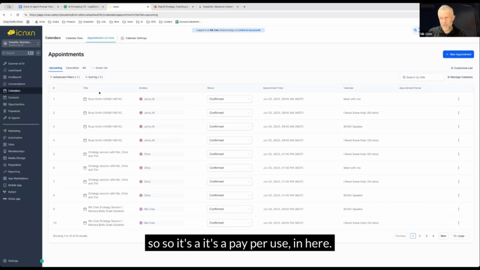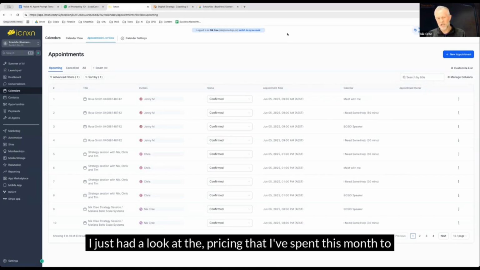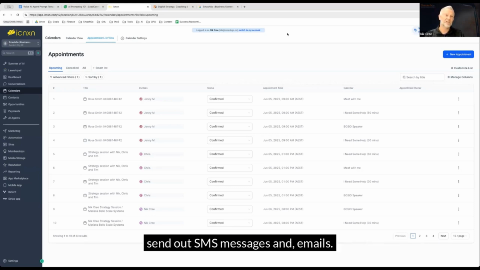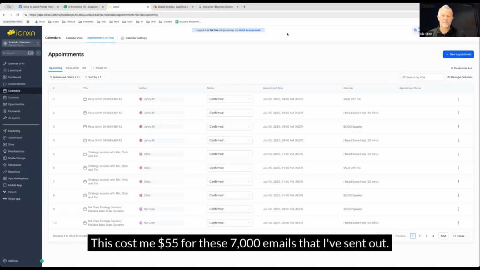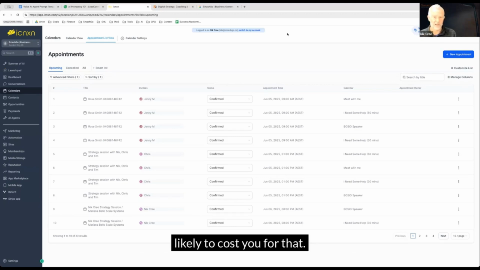It's pay per use in here, so it's something like 0.03 cents or whatever for an SMS. I just had a look at the pricing that I've spent this month for sending out SMS messages and emails. I think it's cost me $5 for the 7,000 emails that I've sent out. So that gives you some context for what it's likely to cost you for